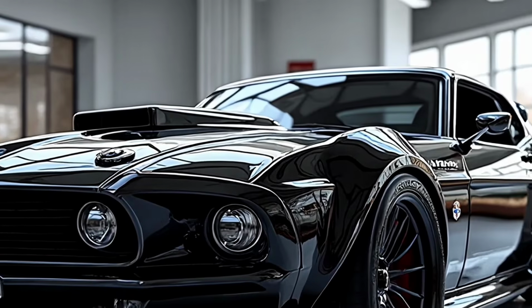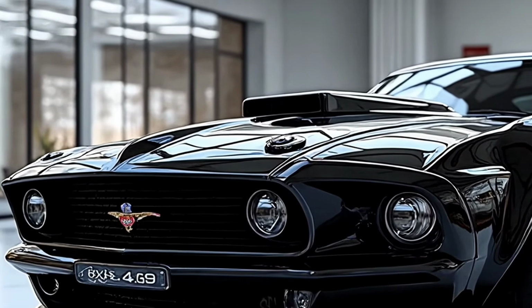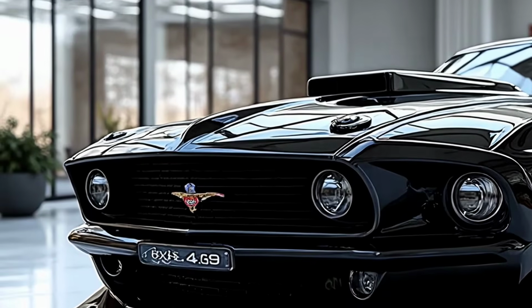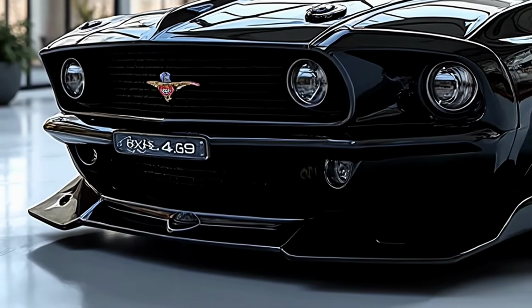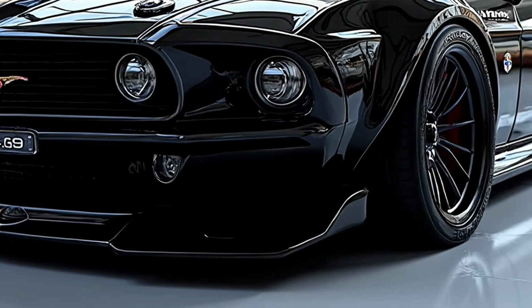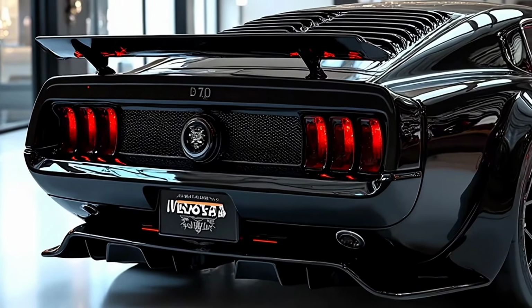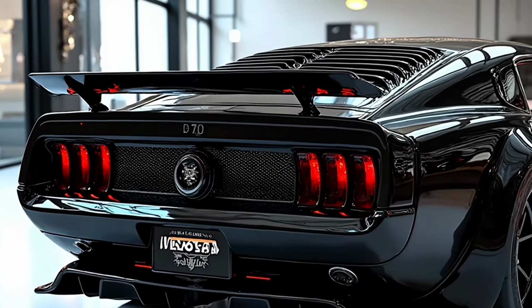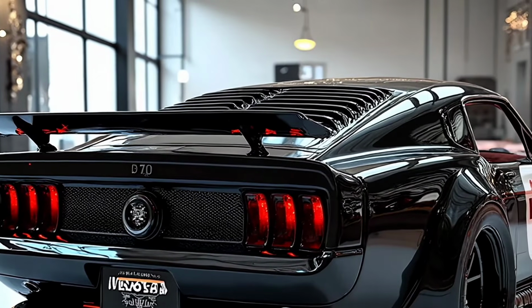When it comes to pricing, Ford has positioned the 2026 Boss 429 as a flagship Mustang, sitting above the Shelby GT500 in exclusivity and performance. Starting around $11,000, it's not cheap. But given the level of engineering, performance, and limited production, it's a price many collectors and enthusiasts are more than willing to pay. Special edition trims and performance packages can push the price closer to $13,000, but with only a